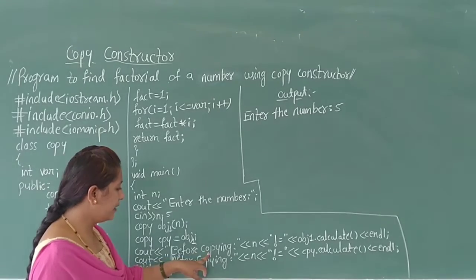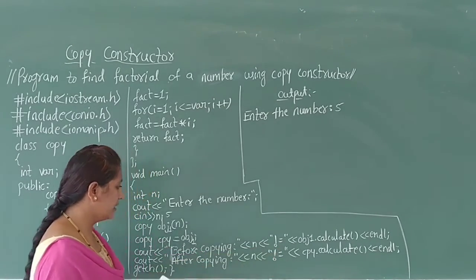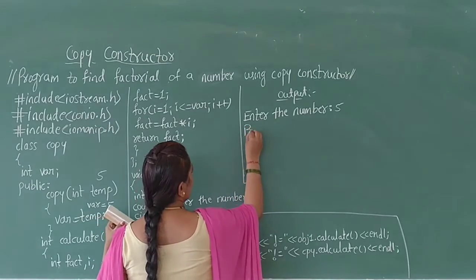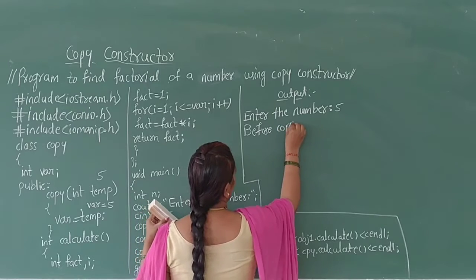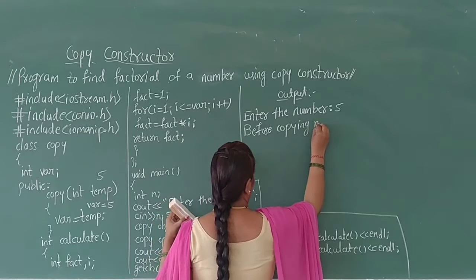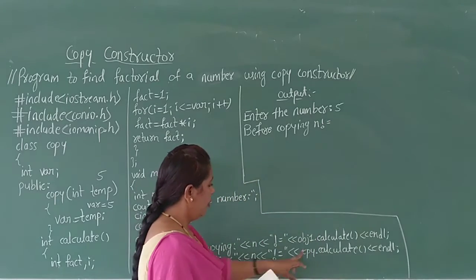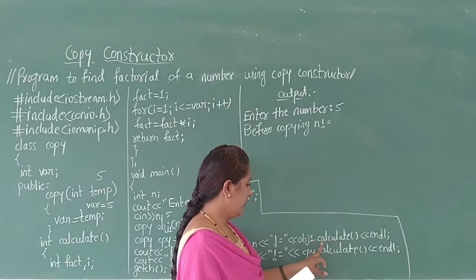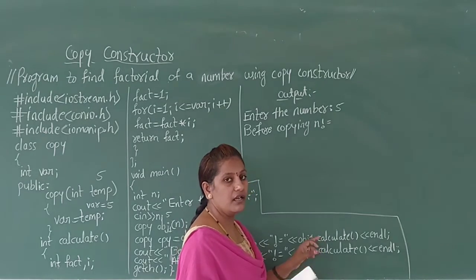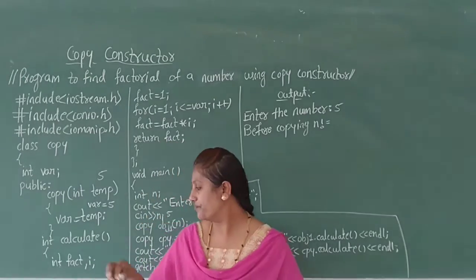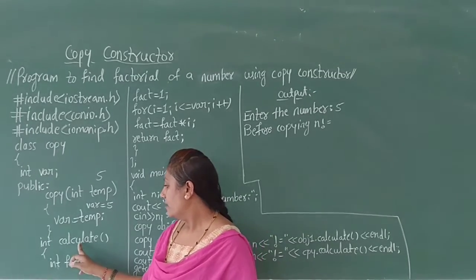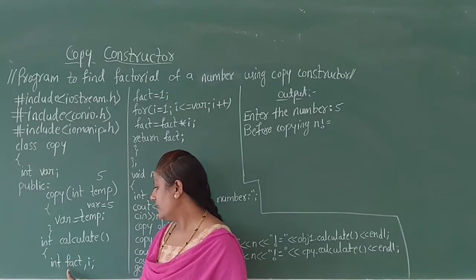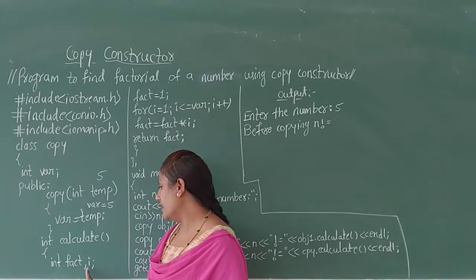Next, before copying, n factorial is equal to obj1 dot calculate. Here the data member function calculate is called using the object obj1, then the control directly connects to the calculate member function where it is defined inside the class, and here it creates the fact and I variables